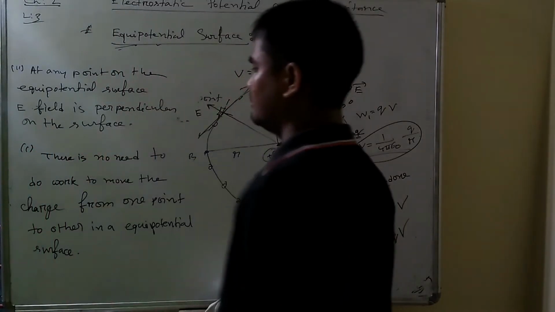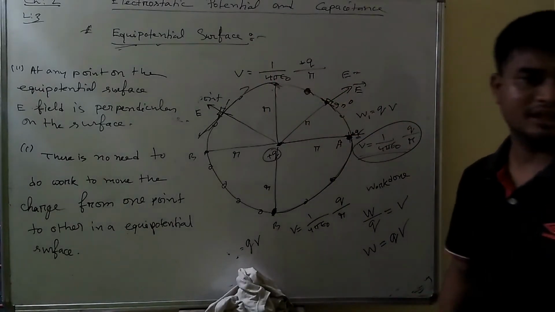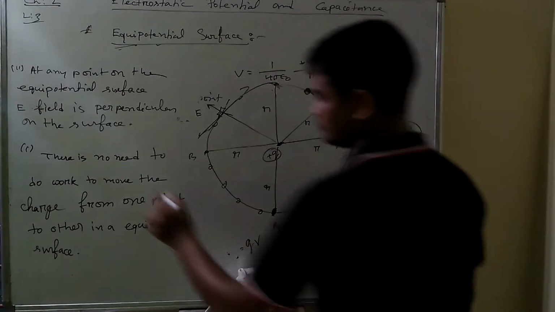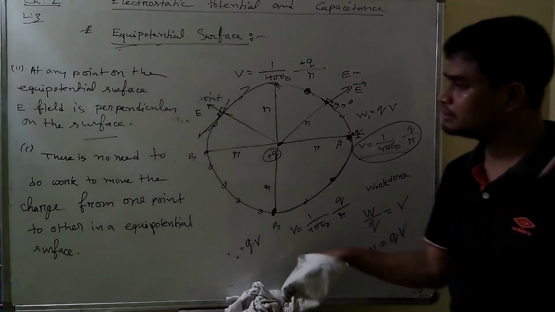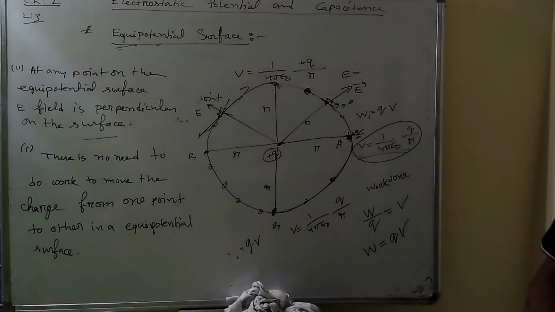Perpendicular to the surface. Clear? Okay, this is one property. Next property is